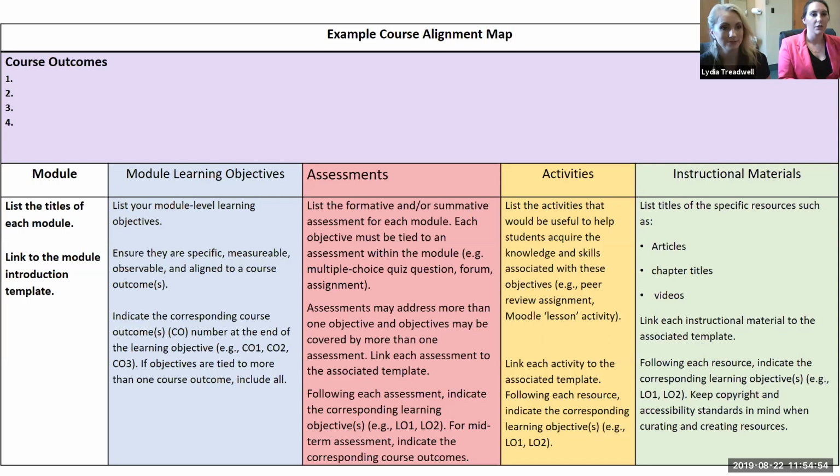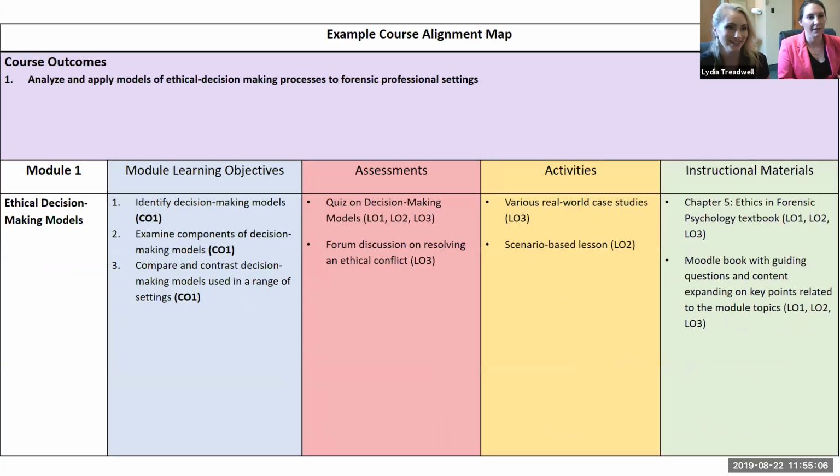So we're going to show you an example of how we put the model class that we used today throughout the webinar into this alignment map. And through the magic of television. So we've gone ahead and we've entered in our course outcome there at the top. Our module is ethical decision-making models.